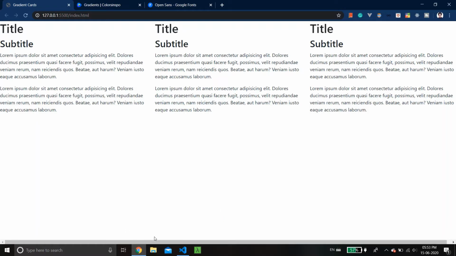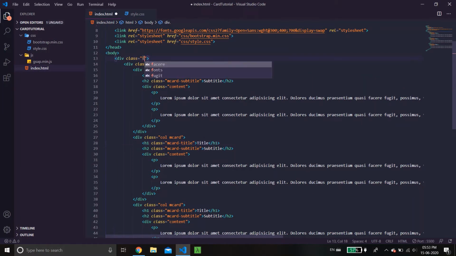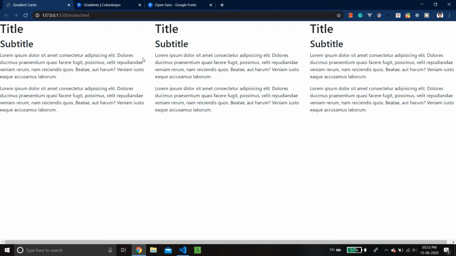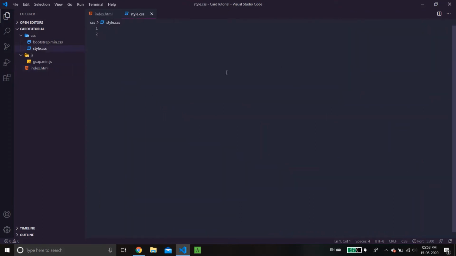So we have three cards right now, and the reason I had d-flex was because I wanted to center them and all, which I can do, but I will do it later. So I'll just remove the normal margins. I think Bootstrap already does that.